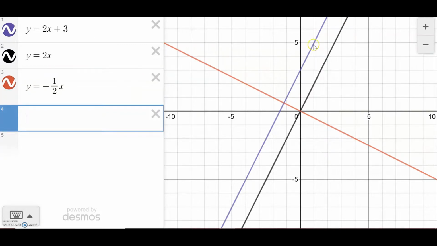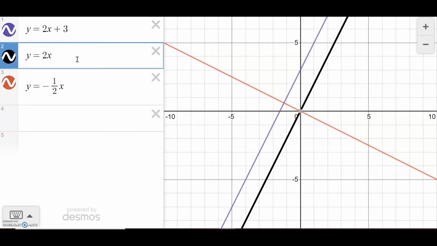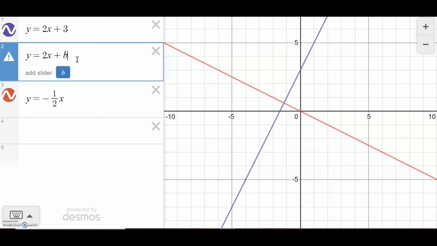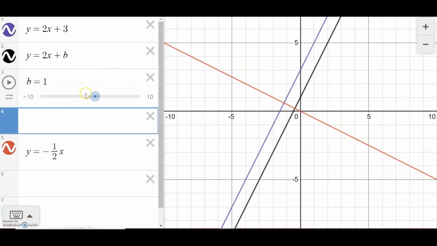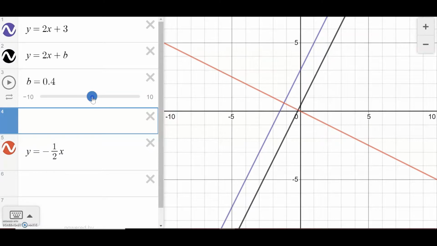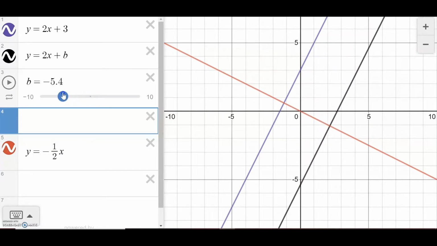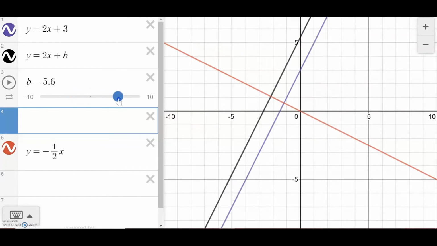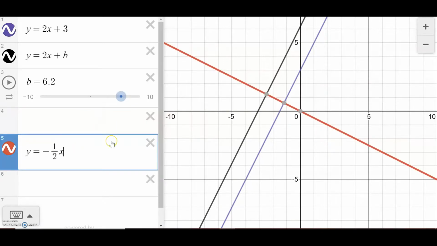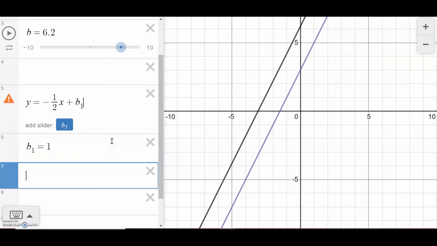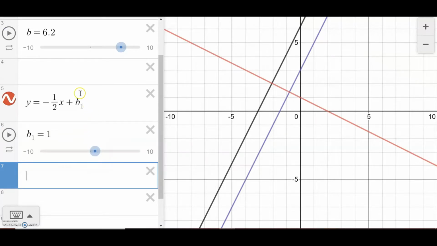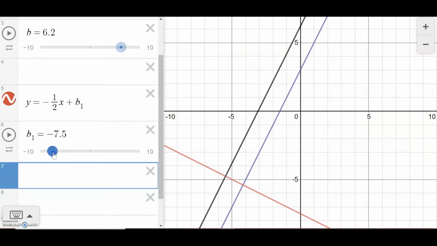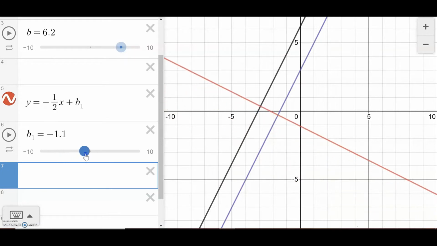So we can see we have our original line here, and then we've described a parallel line and a perpendicular line. And remember that I said that you were able to describe a whole group of lines that were all parallel by changing the y-intercept. So if I add a different y-intercept, I'm able to describe other equations that are also parallel to our original line, and you could do the same for our perpendicular line. And notice here I've added a constant with our equation, and it's described using a slider between -10 and 10, but this line always remains perpendicular to our original line,